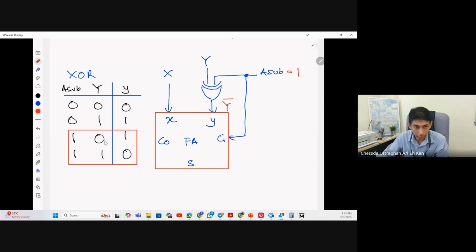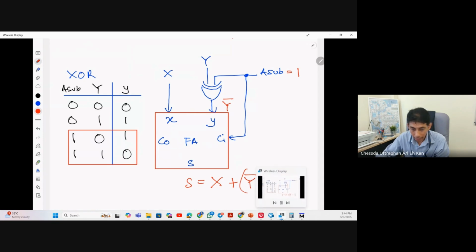See? 0 inverts to bar. 0 goes to 1, 1 goes to 0. So y bar. What happened to S here? S is equal to X plus, or you can say capital X here, plus, because this is always plus, Y bar, plus Ci, which is 1. You see this? Y bar plus 1,